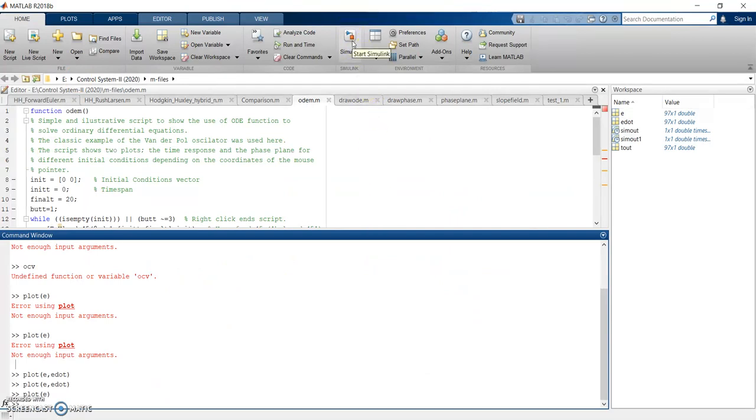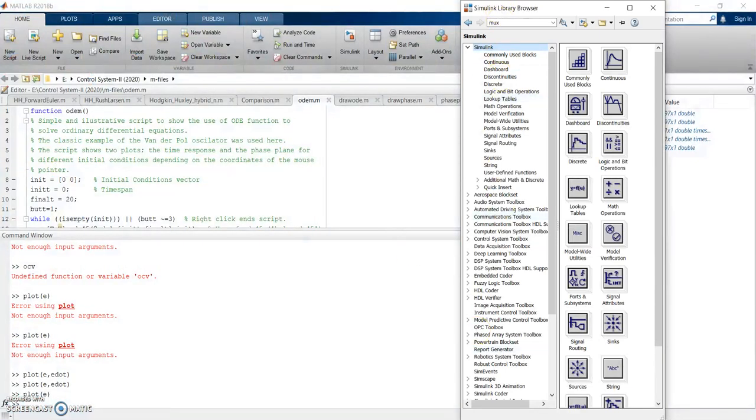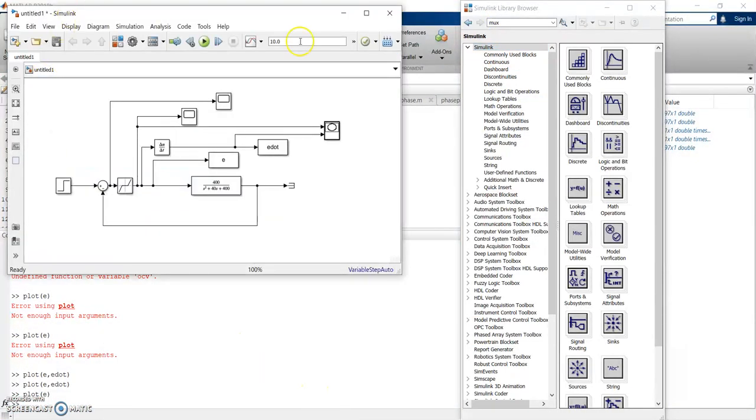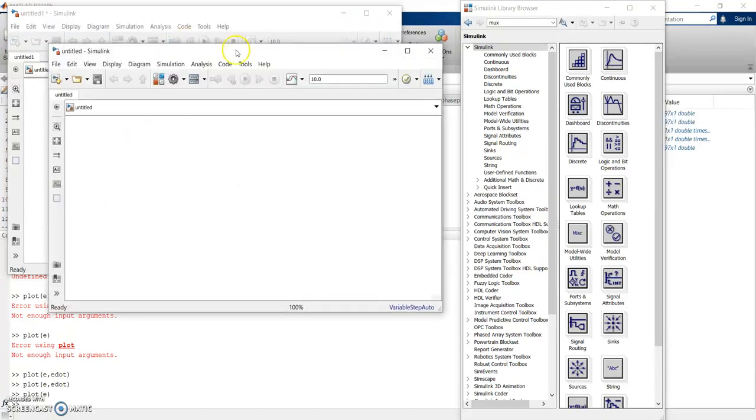This is the link for going to Simulink, and already I have opened the Simulink library browser and I have already created the model as per assignment 4. Now I am going to show you how to search all the blocks from the Simulink library. Let's start. So clicking File, New and the blank model.